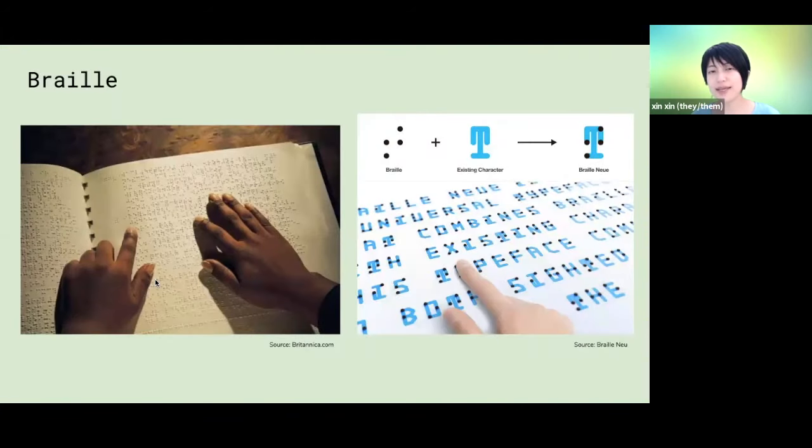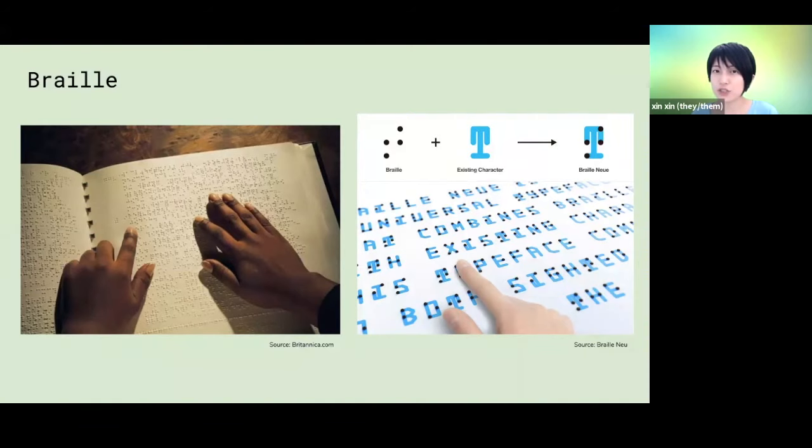Here is an example of encoding and decoding. And when thinking about encoding and decoding, it's always useful to think about who the code is for, in what context, and when it is concealed from others.